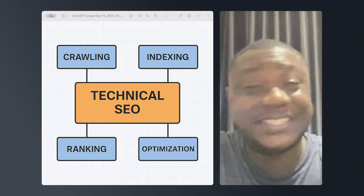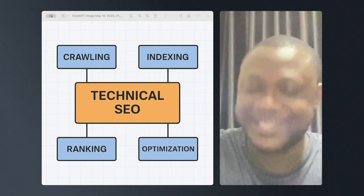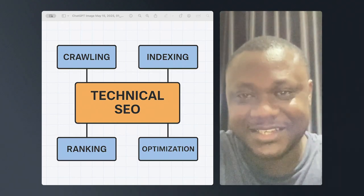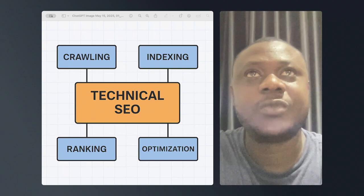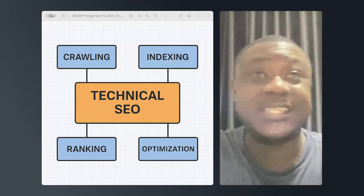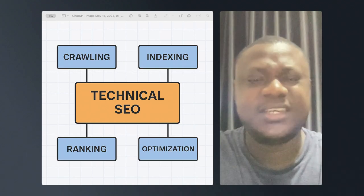Technical SEO is easy and it's not easy at the same time. Yes, you heard me right. It is easy and it's not easy at the same time. And one of the reasons why your content, which is great, is not ranking is because